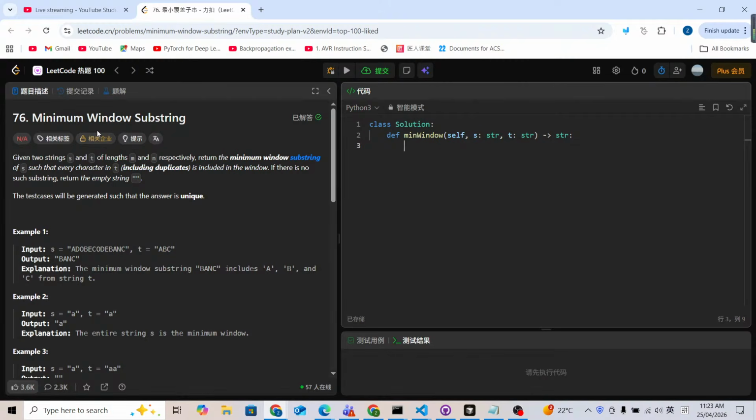Another LeetCode problem, 76, Minimum Window Substring. For this problem, we are given two strings S and T, and the lengths of them are going to be M and N respectively. Definitely we can check the lengths of the strings S and T. We're going to return the minimum window substring of S such that every character in T is included in the